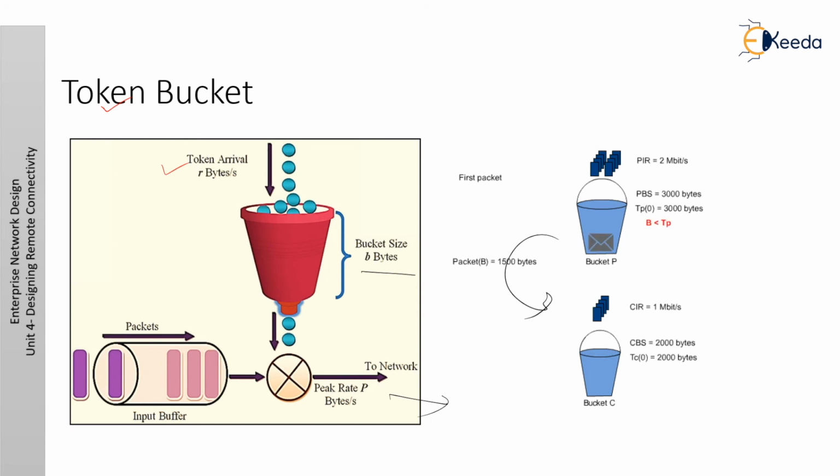Note that the token bucket mechanism used for traffic shaping has both a token bucket and a data buffer, or queue. If it did not have a data buffer, it would be a policer. For traffic shaping, arriving packets that cannot be sent immediately are delayed in the data buffer. The information in this sidebar was derived from the Cisco IOS Quality of Service Solution Configuration Guide, Release 12.2, available at cisco.com.